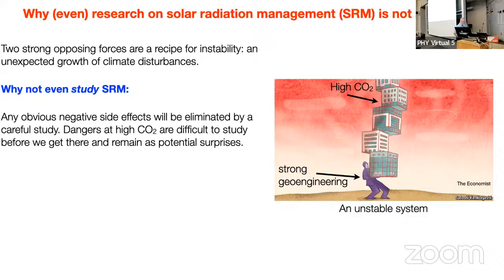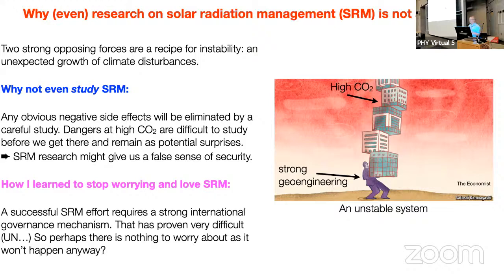So why did I stop worrying about it? Because if you need to have a successful solar radiation management project, you need an international effort that would coordinate. Of course, it's possible for some billionaire to decide that they do it. All you need is 50 Boeing planes and a few billions of dollars per year. And we know some individuals who are capable of doing that, right? But you would think that it would be an international effort and so on. And we don't really have an international organization capable of managing something like that. So I'm optimistic that because we're so messy as humanity, we won't be able to do this. And I decided not to worry about it. That's my version.